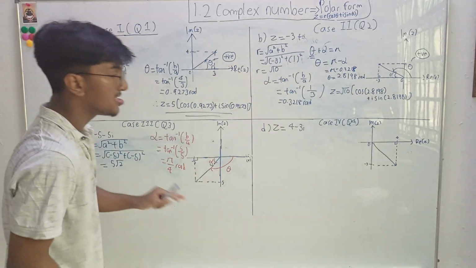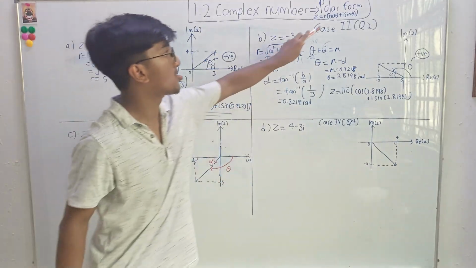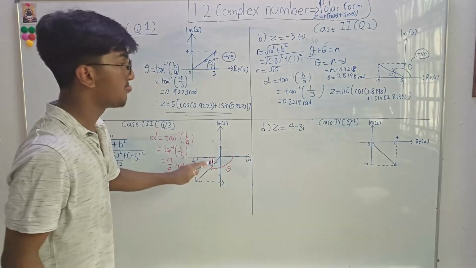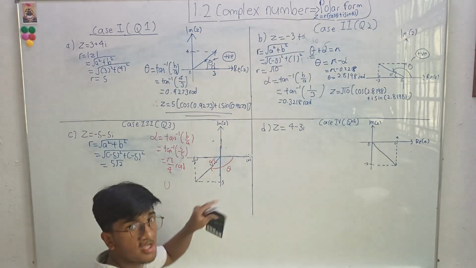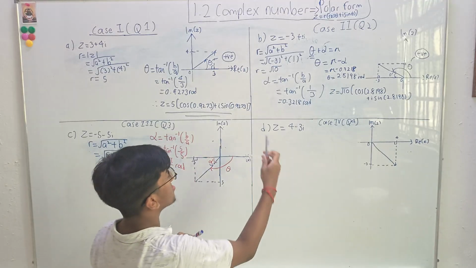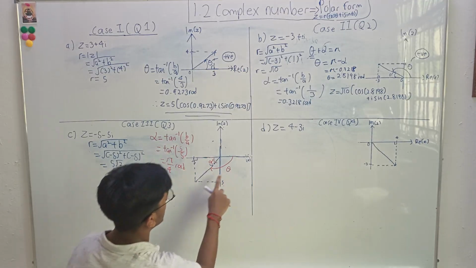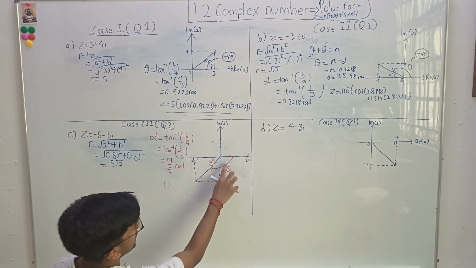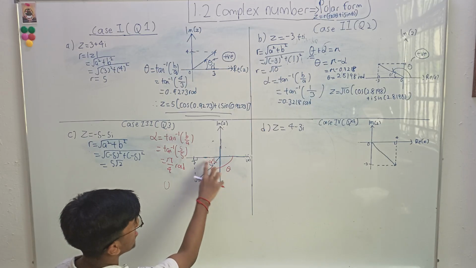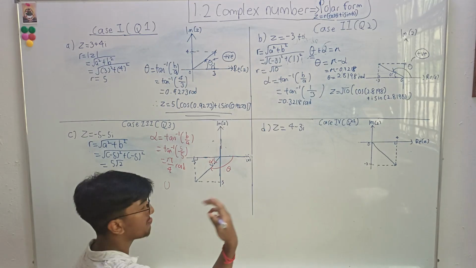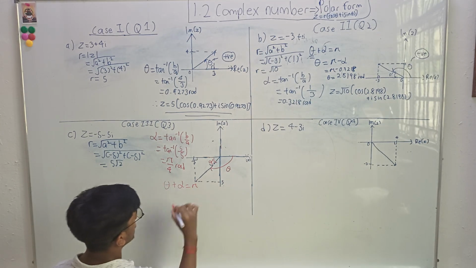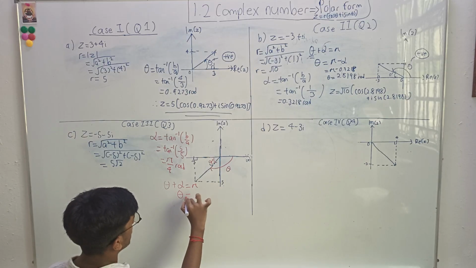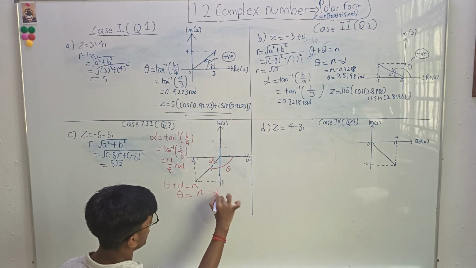And our target is to find the theta because we need the theta, not the alpha. So how to find your theta? You need to use the relationship between alpha and theta. As you can see, my theta and alpha, if we add up together, equal pi. So my theta plus alpha equals pi. So make theta the subject: pi minus alpha.